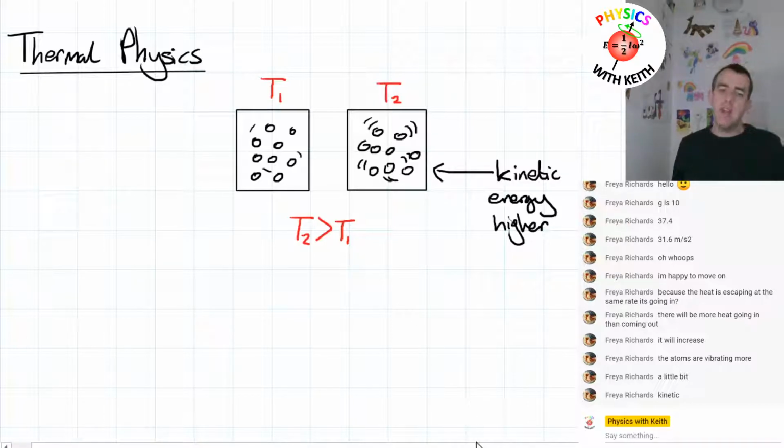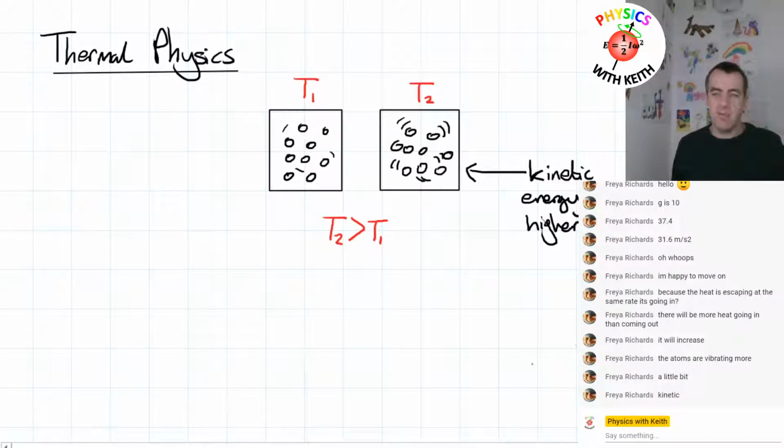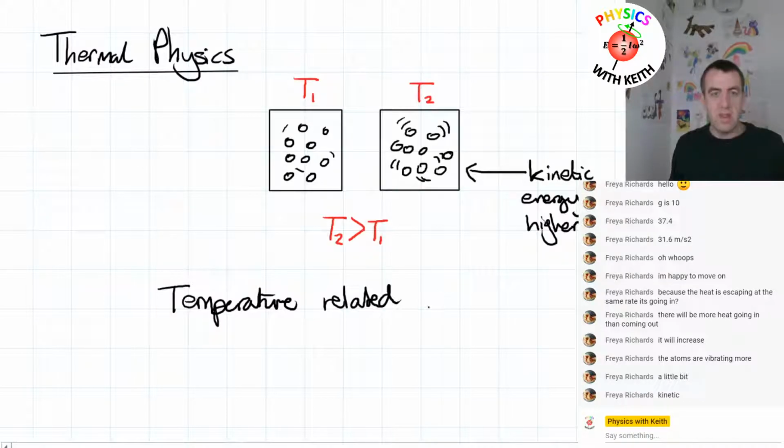So there's a technical definition of temperature, which I could tell you: the temperature is equal to the average kinetic energy per particle in our system divided by the number of degrees of freedom in our system. But you don't need to know that for GCSE. What you need to know is this, that temperature is related to, that's a nice vague way of saying there's some sort of relation there,